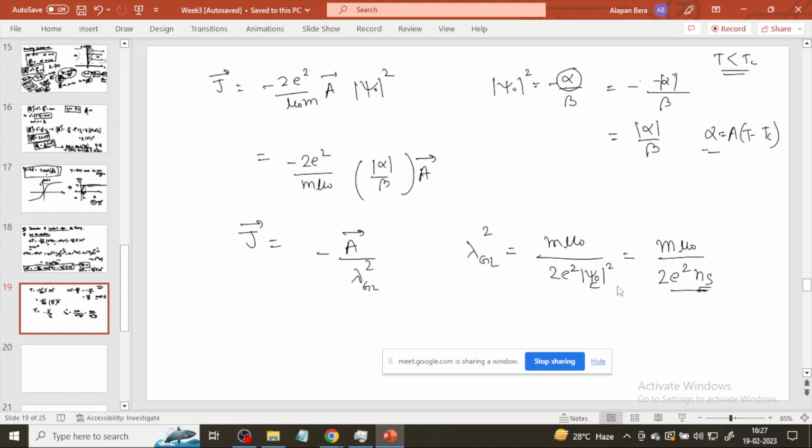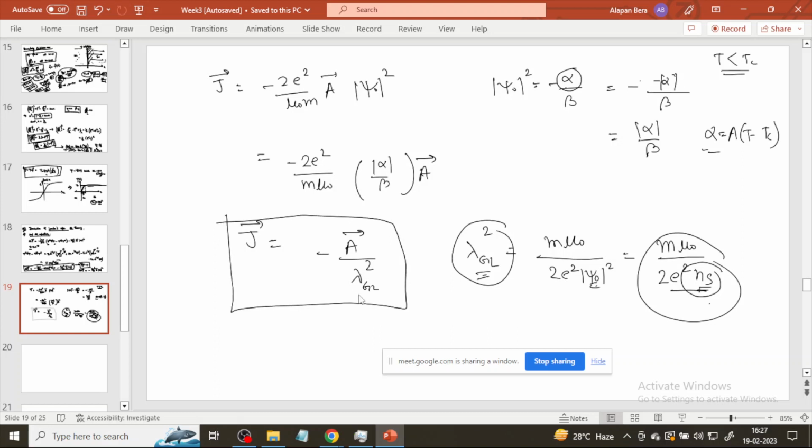So this is the density of states and this is the psi naught squared. So we can write in place of psi naught squared the density of Cooper pairs. If we consider this term as lambda GL squared, we can put this term here and we finally get this equation, which totally resembles the London's equation. So this is called the London's equation. Now we have derived the London's equation from the second Ginzburg-Landau equation, and we have also got a second